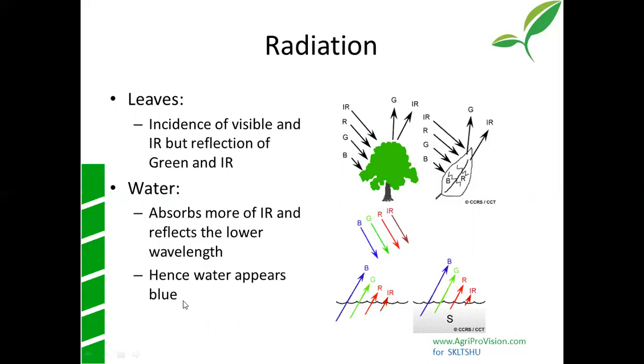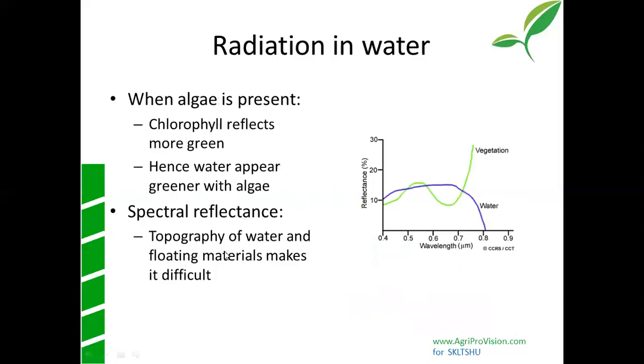So that's the reason why, on a bigger scale, we have the RGB images. So we can see red, green, blue, which are the normal primary colors. Blue is the normal thing that you see in water. But when you look at the leaves, it is a reflection of green light, and the IR is the predominant one rather than your lower wavelengths of light. Okay, in the case of water.